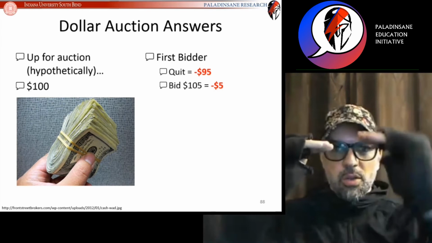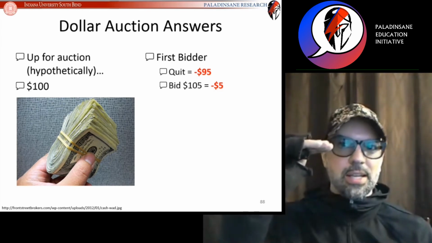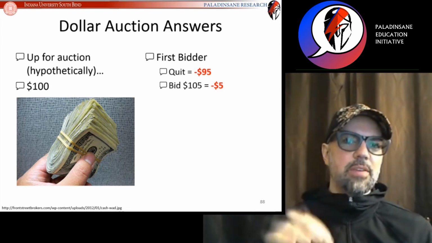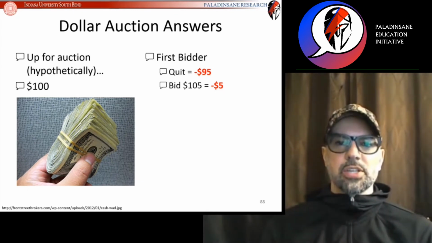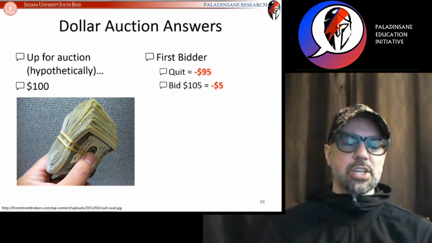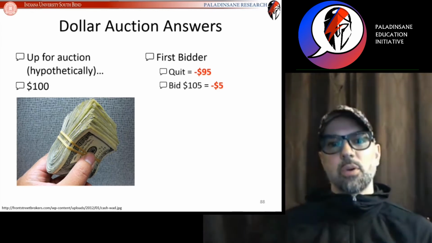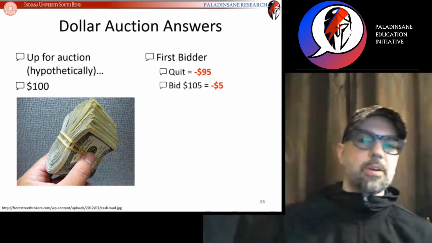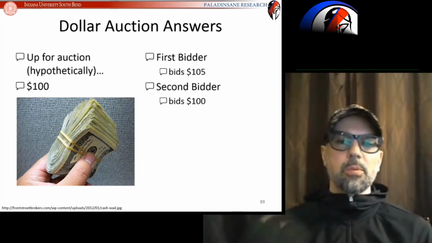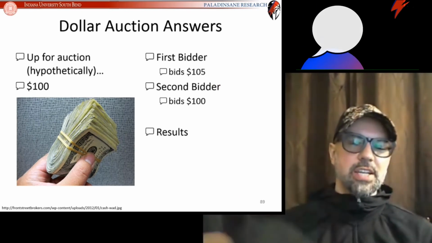Losing $5, way better than losing $95. So even in this lose-lose situation, the rational decision is to try to lose the least, and that is to bid the $105. So the first bidder comes over the top one more time,